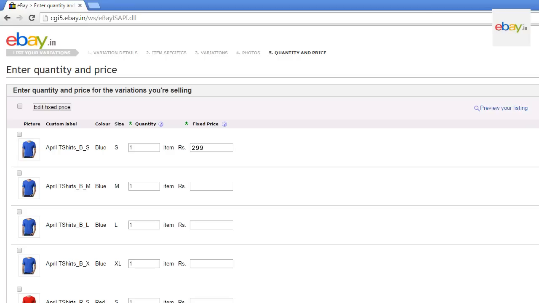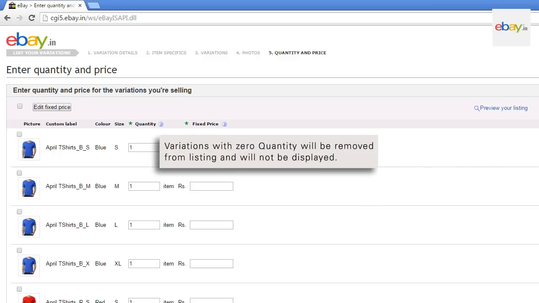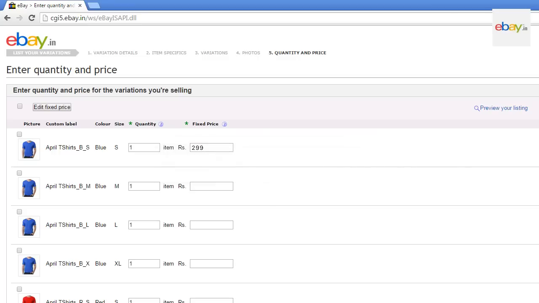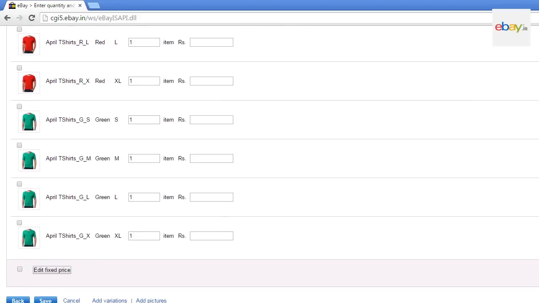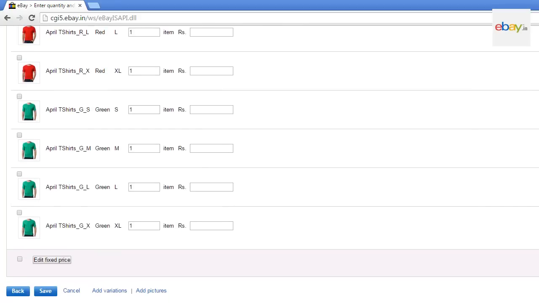For example, you could put Rs 299 for colored t-shirts and Rs 399 for white t-shirts, or Rs 299 for small, Rs 349 for medium, and Rs 399 for large t-shirts. Variations with zero quantity will be removed from the listing and will not be displayed. Click on Save.